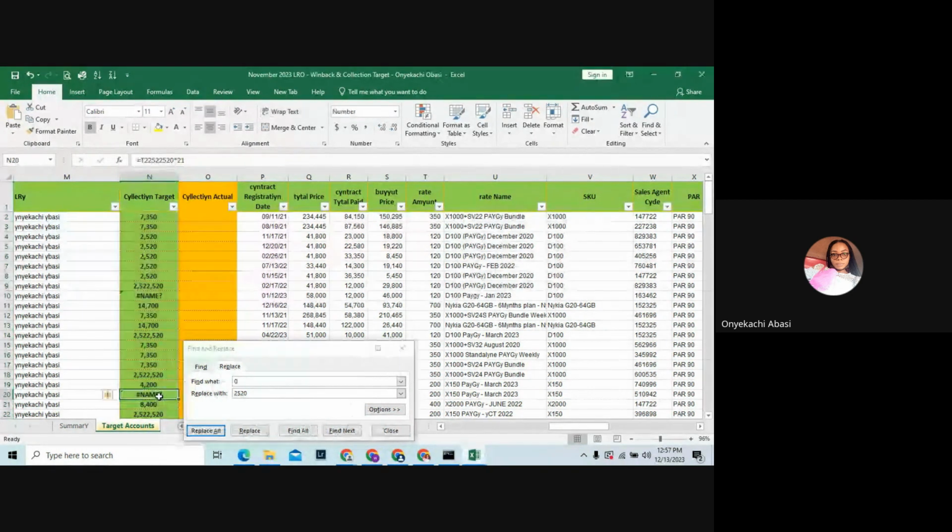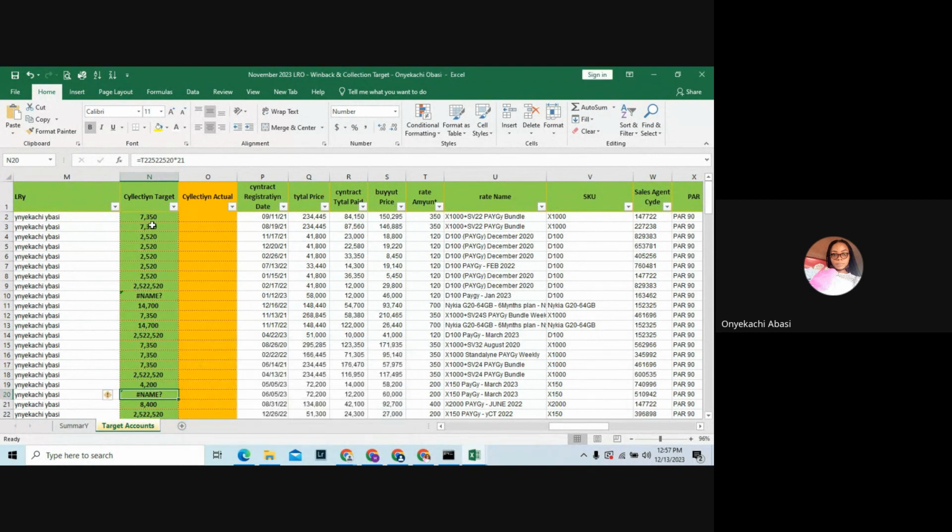Abi, did I press any other thing that is not 0 here? It's giving me an error answer. Okay, okay, okay. Let me say something too. There are so many reasons why you can get this. When we did it, it also affected these numbers because there's a formula existing